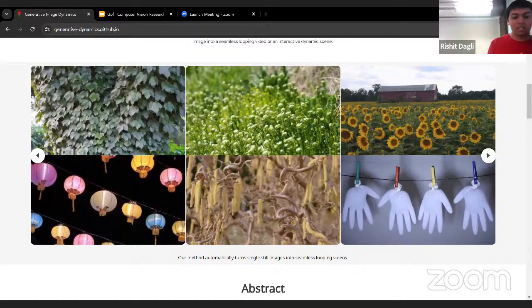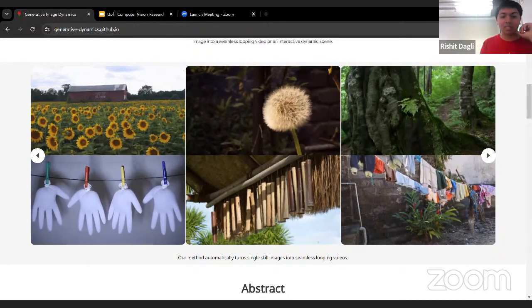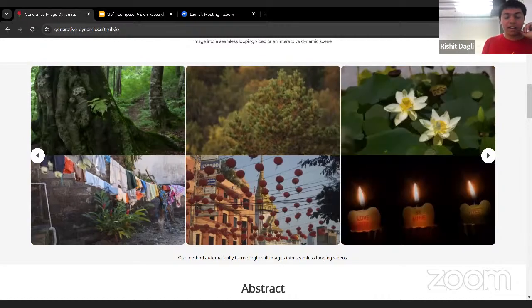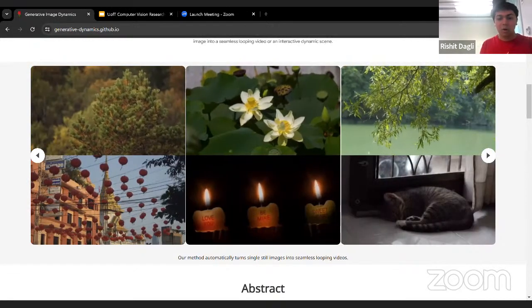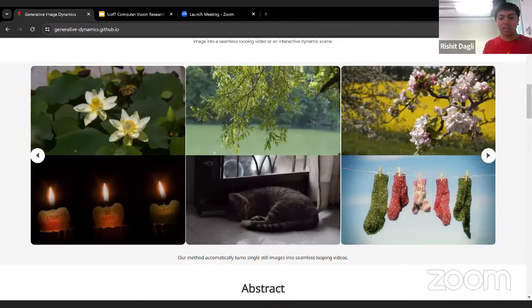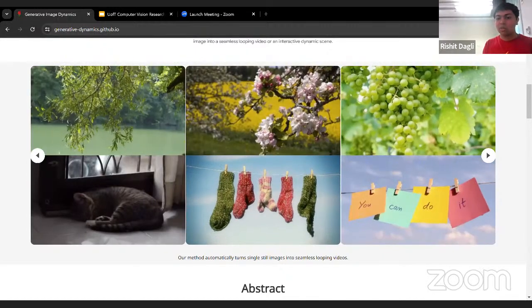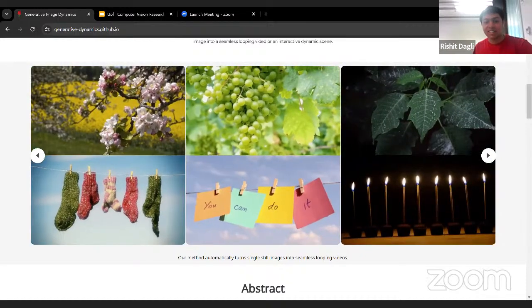So they start by giving an overview of what their notation is, and I guess most of this is pretty standard, so we can skip all of this notation stuff and go on to how they do all of these motion representations. The way I would go about this, at least when I first read it, is just go through the figures. So I'll try to do that here as well.